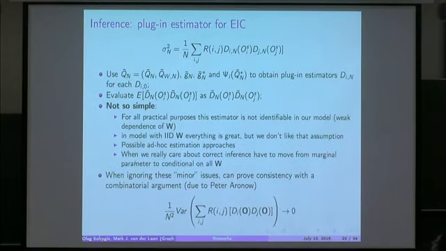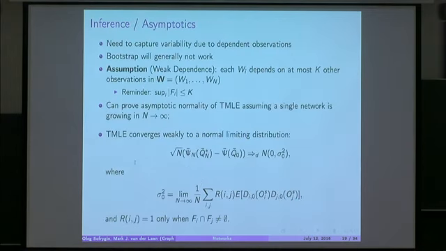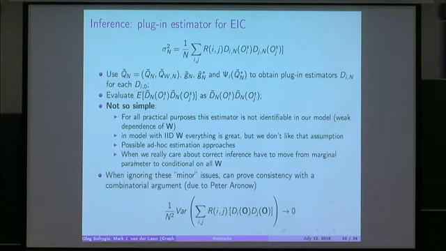And finally, to get the variance, we simply plug in all the estimates into these i-specific influence curves, and we do the double sum, as I said here. Then we evaluate essentially the empirical analog of this asymptotic variance estimator. Now the problem is that even under our weak dependence assumption, this estimator, as far as we know, is not identifiable. Unfortunately, I don't have time to go into it.